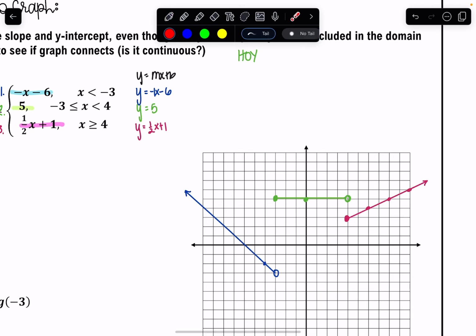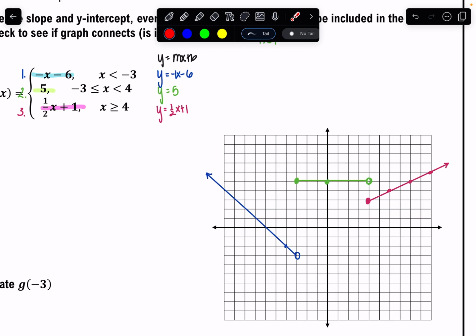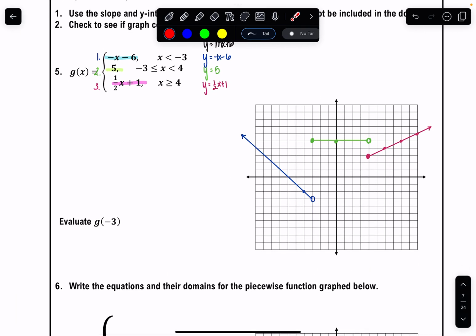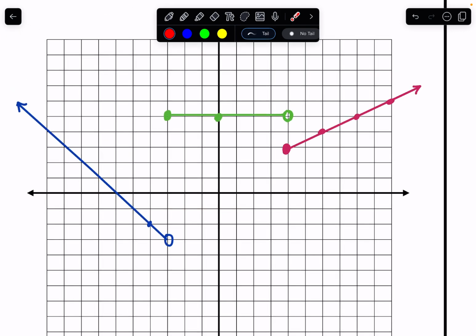So in the end, you just want to double check that you have all of your restrictions correct. Make sure you have open versus closed circles. And that's about it. So let's try to answer the question of evaluating g of -3. Now that we have a picture, it's easy to kind of look at the picture. So g of -3, we can kind of do the same thing we did in the notes